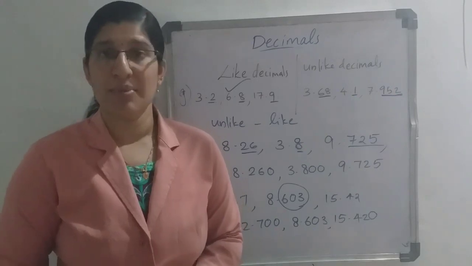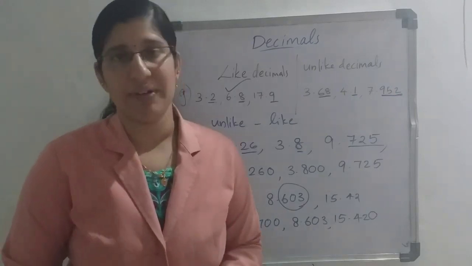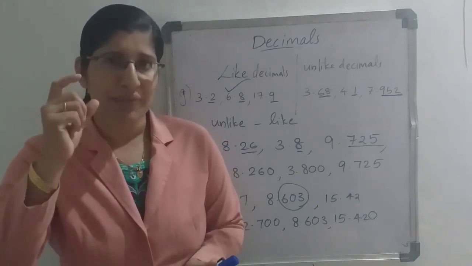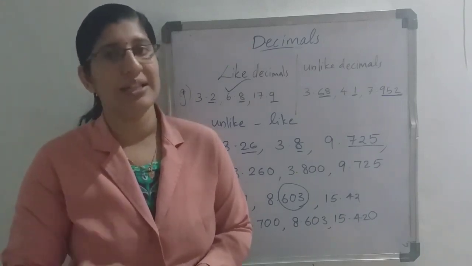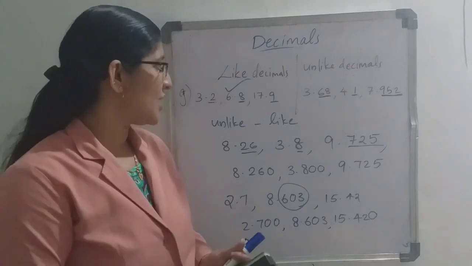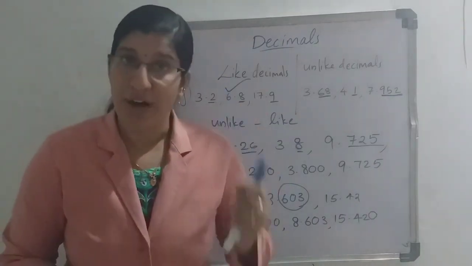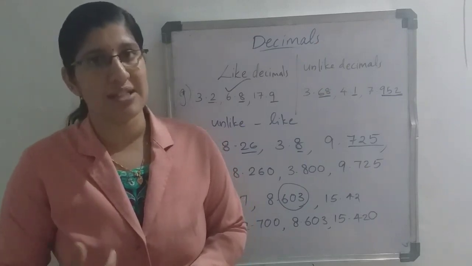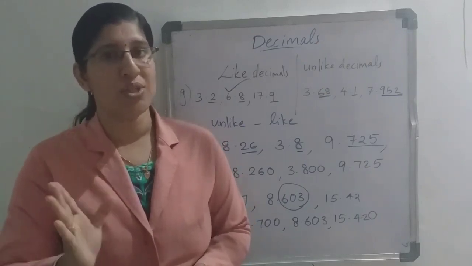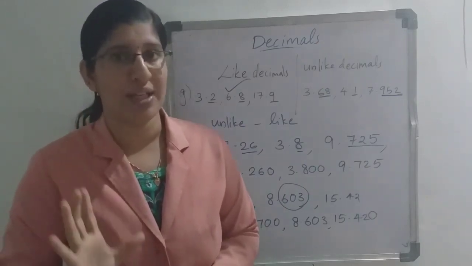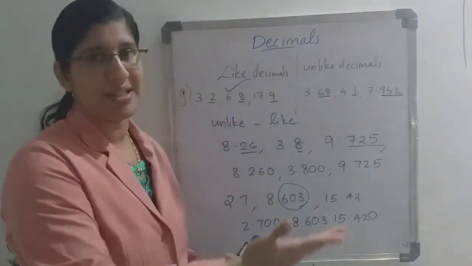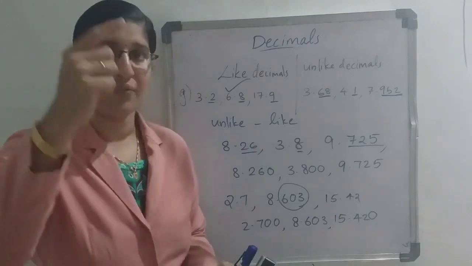Clear? So we are using decimals every day in our daily life. So it is not a new thing for you, but we are studying it as decimals only this year. Okay. So it is very easy. You have to watch the video once again, one or two times, then it will be very easy for you. The only thing you need to study first is the place value of the decimals. Whenever the place value goes from left to right, it is decreasing: 1 by 10, 1 by 100, 1 by 1000.